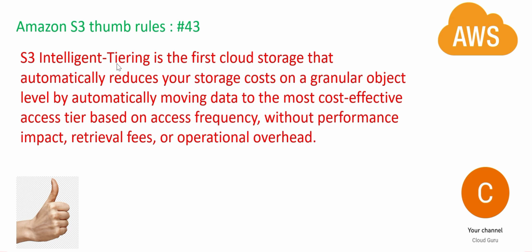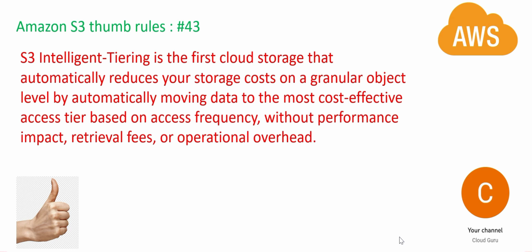Use S3 Intelligent-Tiering in the first go because you have historical files. Let S3 Intelligent-Tiering decide which storage class it will use for which files. Once your mechanism is set up, maybe 3 months down the line, you can decide the storage class for any future files yourself. Always remember, if you do it yourself, it is cheaper. If you order food from outside, it is costlier. If you cook at home, it is cheaper. So S3 Intelligent-Tiering is like ordering food from outside.